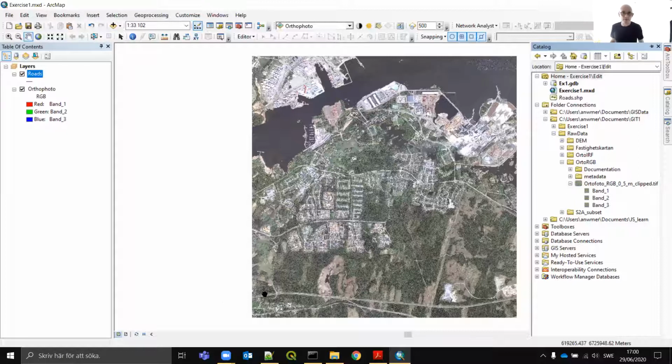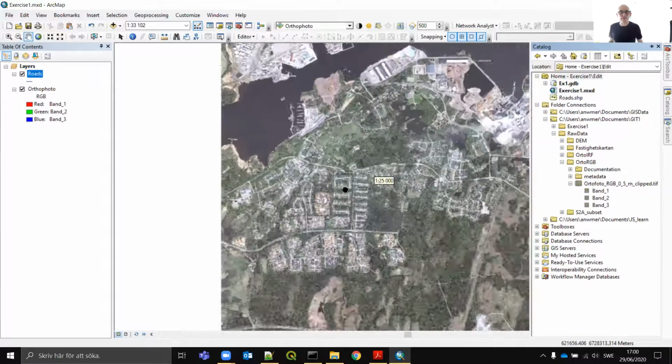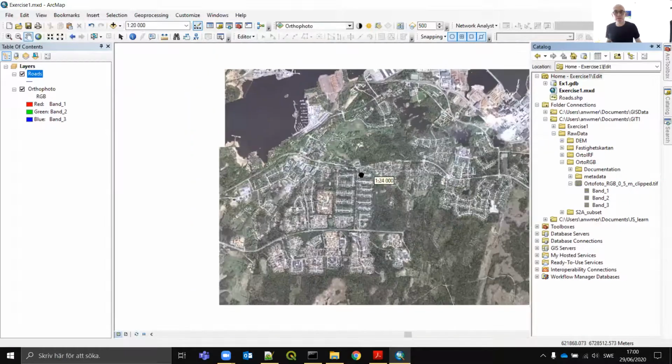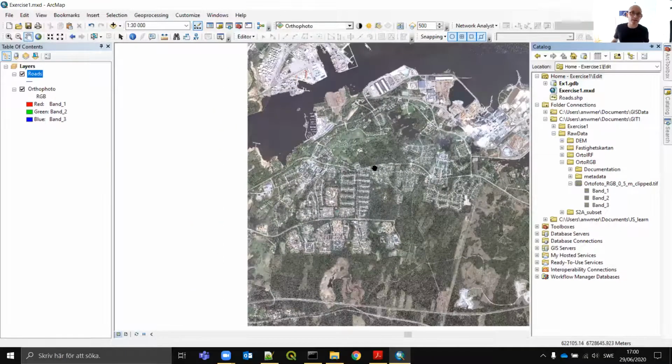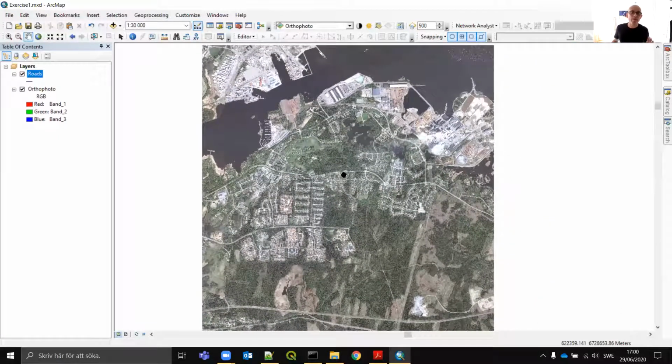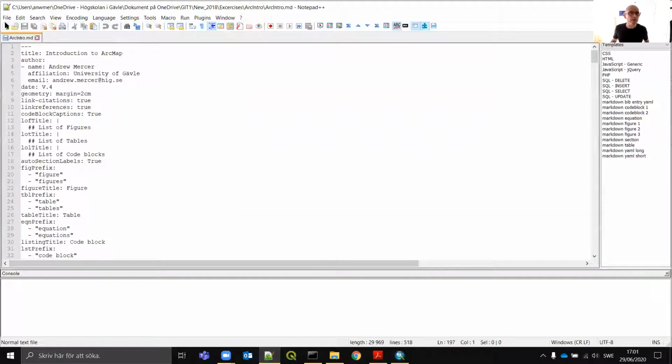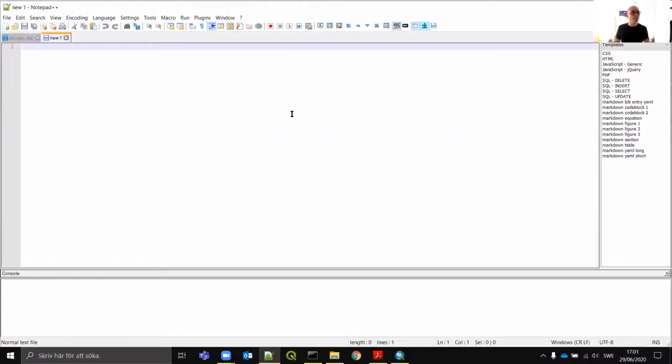Now we could just zoom in directly in the map by doing this sort of thing to a location, but because this is an exercise in GIS, I'm going to show you a way of entering data into the system, and another alternative way that will become very useful for you later on in your studies. So we click on here, let's create a new file. I'm now in Notepad++, but you can use Notepad, whichever you like, it doesn't matter. I would avoid using Word. That's not a good one to use because Word